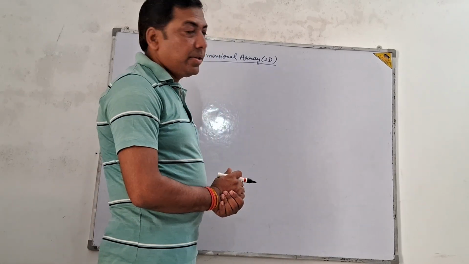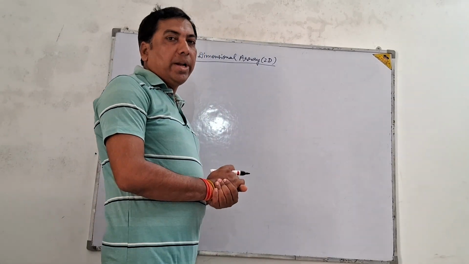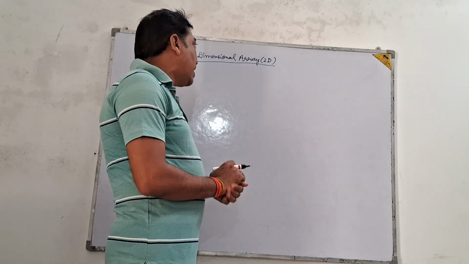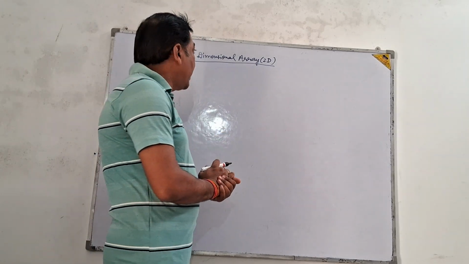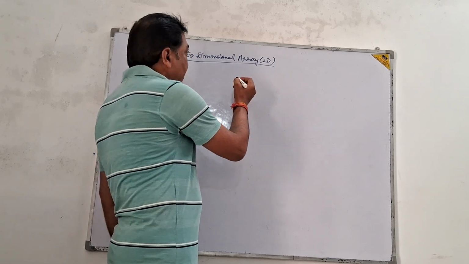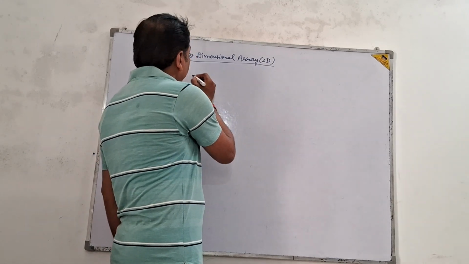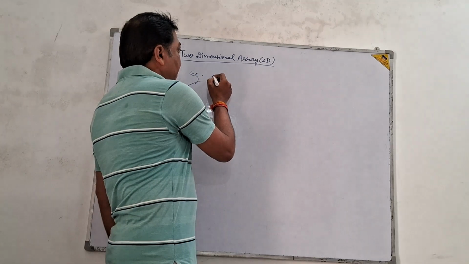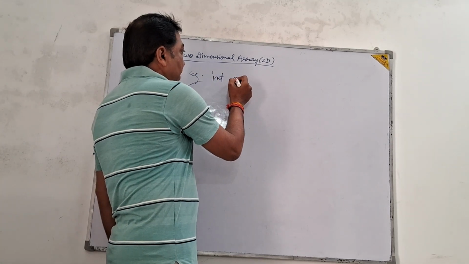Good evening, students. Today we will discuss 2D arrays. A two-dimensional array is a type of array where elements are represented in two dimensions. That means using rows and columns. For example, if we declare an array this way,